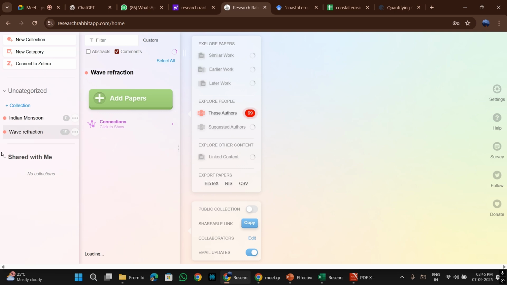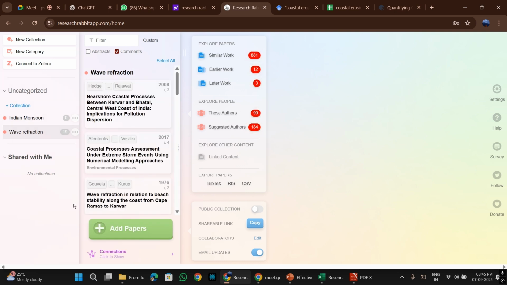So I have made one collection on wave refraction. So what you can do is you can search, or how could I, yes, there is one app that goes by